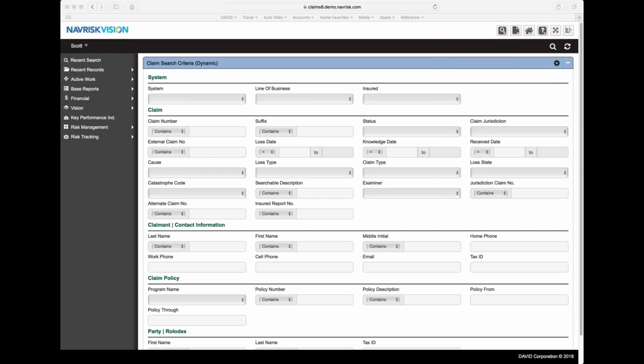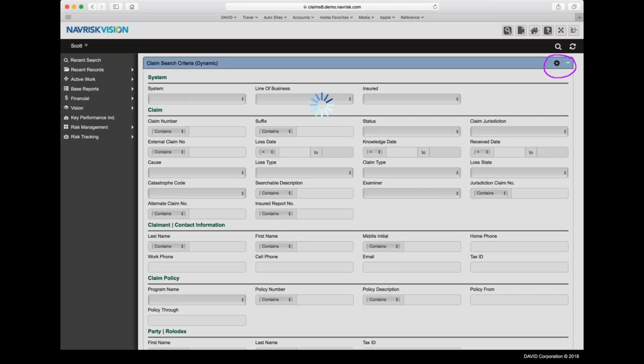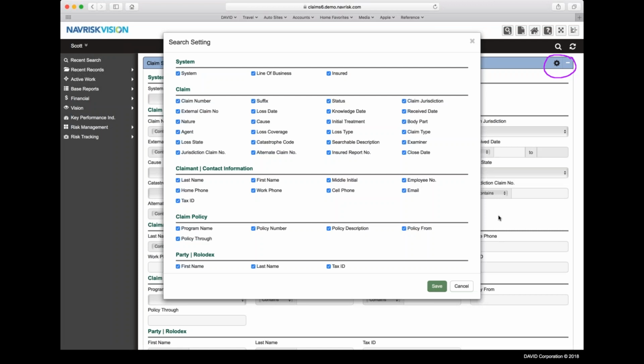Let me turn my cursor into a pen here, and if I circle this up at the top, you'll notice there's a little gear icon at the top. If you click on that gear icon, it opens up a search setting control for you. Here is where you can go through and uncheck items that you don't need from a search perspective. For instance, if I never search on insured report number, and I don't use jurisdiction claim,